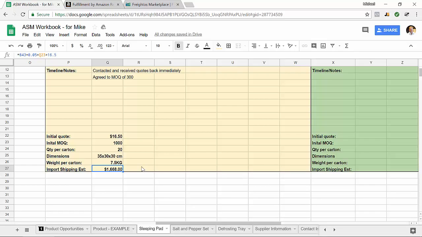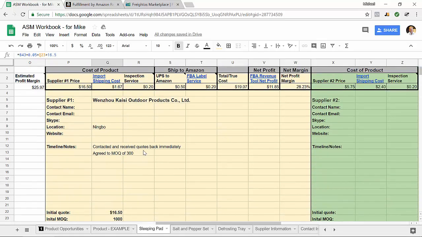And so for 1,000 units, the total cost of shipping is $1,668. And when you divide that by the 1,000 units, this means that the import shipping cost per unit is now only $1.67 instead of $3.33 last time. And when you add all these up and you put them into our FBA revenue calculator, that increased our net profit by well over $1 each unit, up to $11.85, and our net profit margin went up to 28.23%. That is an easy way to get between 4 and 5% additional profit on your product simply when you grow and can order more